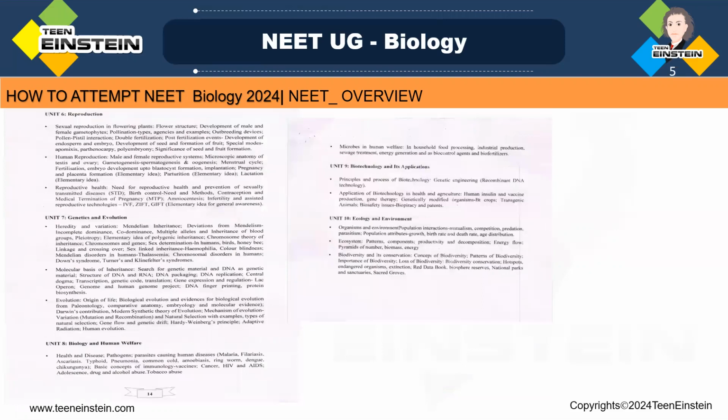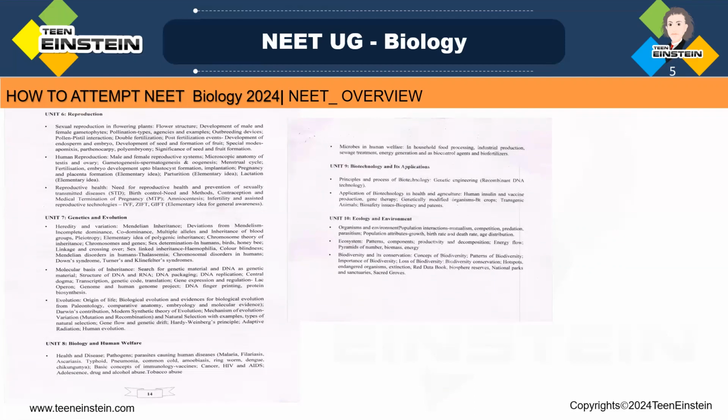Next comes Unit 6, Reproduction. From this chapter, you will get almost all the direct questions. And Unit 7, Genetics and Evolution, is very, very, very important, which is the genetics part of this syllabus. And from there, you will get some problems to solve. Clear? And in the 8th unit, biology and human welfare, and in the 9th unit, biotechnology and its applications,